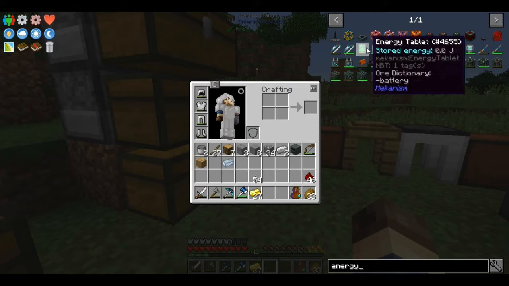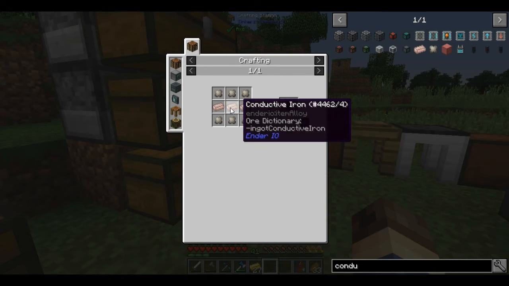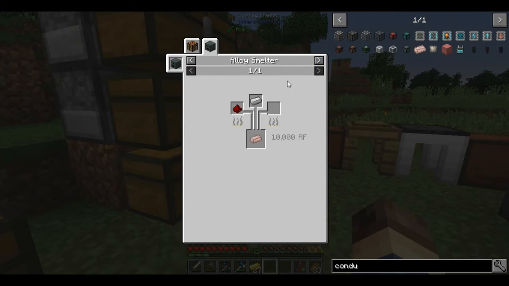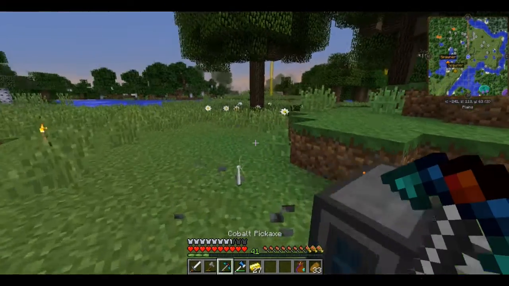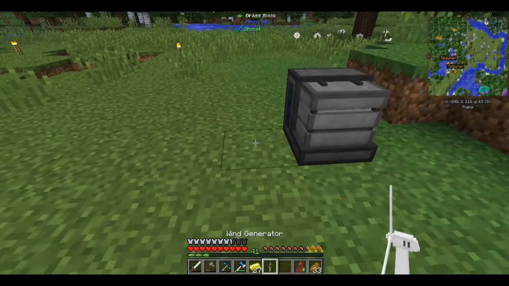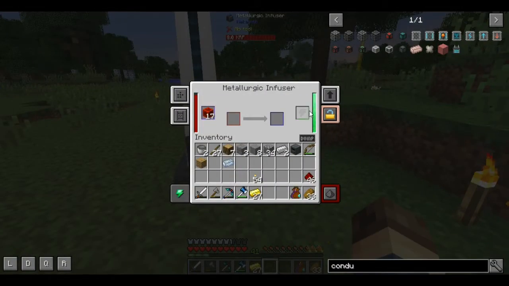Let's see, where are they? There they are, but we won't be doing that yet, because we don't have an alloy smelter, and I don't really want to make one yet, so... We will put this right here. Is this giving it power? I guess we'll find out, but,